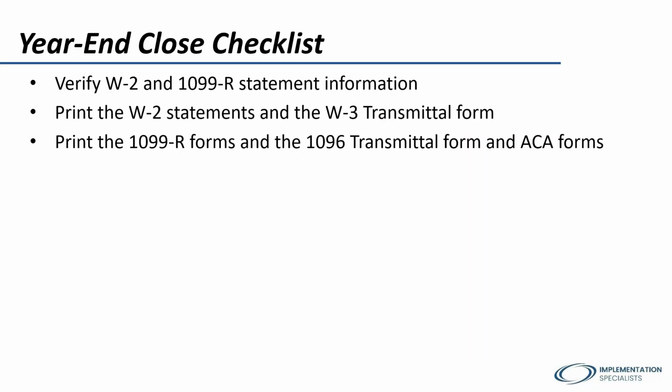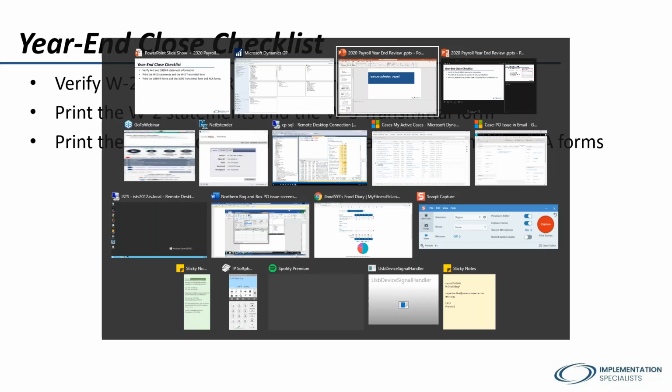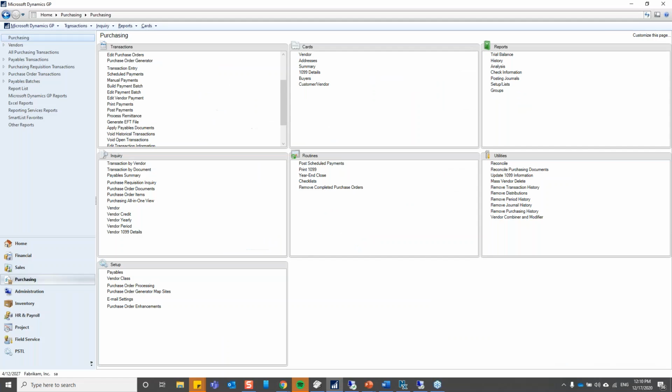You'll want to verify your W-2s and your 1099 statement information. You'll want to print the W-2 statements, and you'll want to print the 1099-R forms. So I'm going to switch over to Dynamics GP here. There we go. Sorry about that. So here in Dynamics GP,